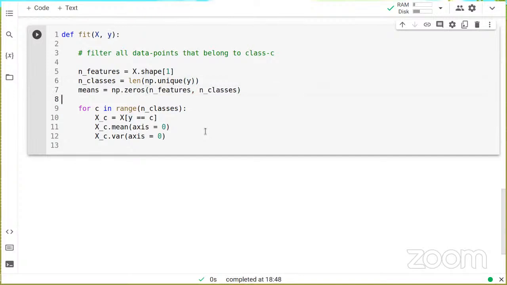One thing, sir. On line 6, instead of getting the number of classes, shouldn't we get the list of classes? We should not get the length, we should get the actual classes, because we have to loop and compare with the actual class. In line 10, we are saying y double equal to c, so it will work only if we have the actual class, not the index. So instead of length in line 6, we should have the actual classes.